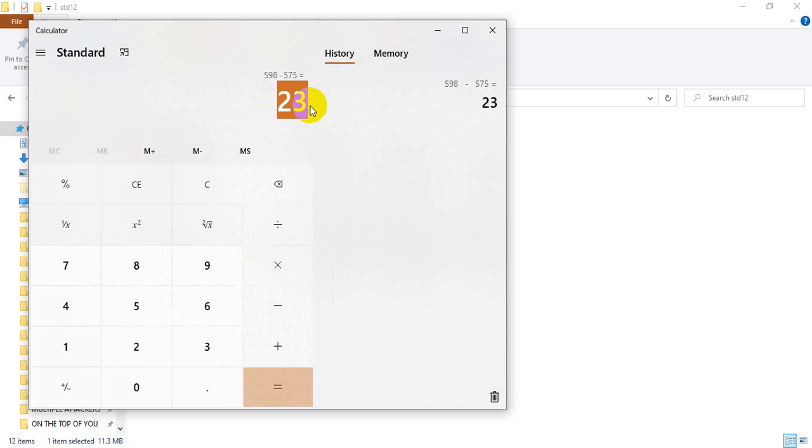So 23 is your third value because you have done x minus x.